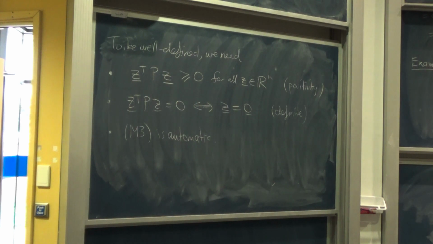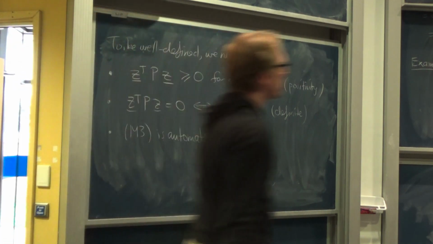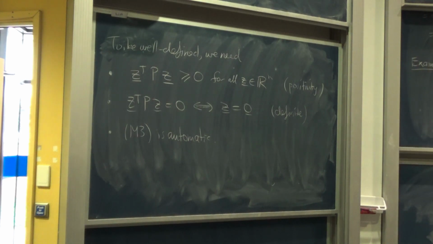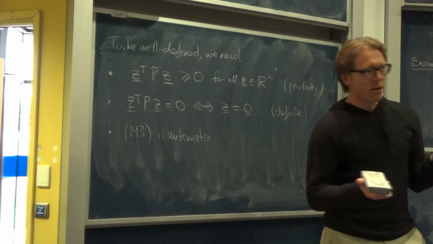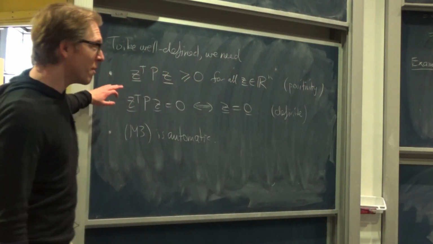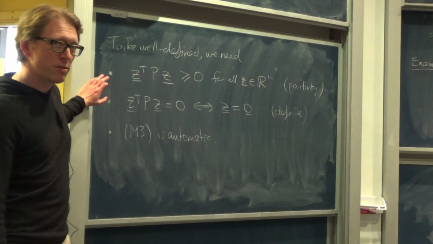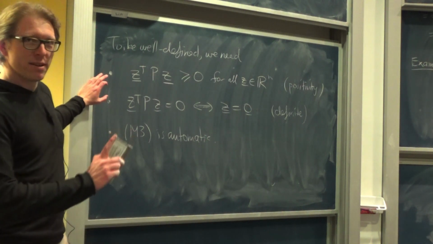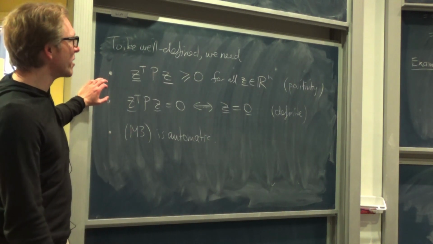Okay, so that only leaves M4. All right. So basically what I'm now going to say is that as long as P satisfies these two conditions, M4 is also true, so that that's a metric. Almost. Okay, so there's a little bit of a wrinkle,